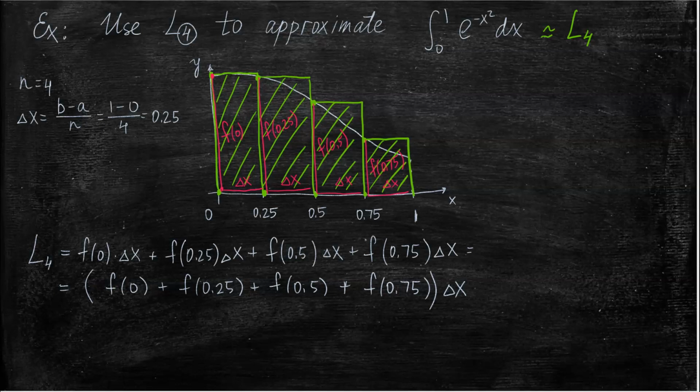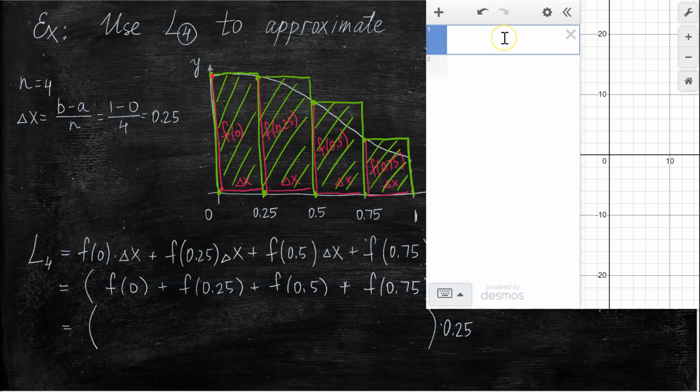So now we can either grab a calculator, or I'm going to use Desmos actually to make it easier. So let me pull that one up. I actually don't need to graph the function, but I'm inevitably going to see the graph anyway. So let's just introduce this function. It's e to the negative x squared, and we define it on the interval from 0 to 1.